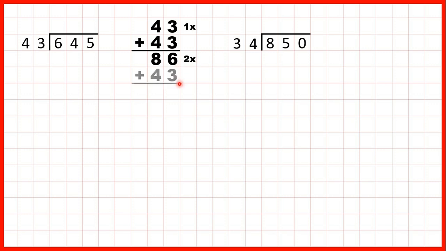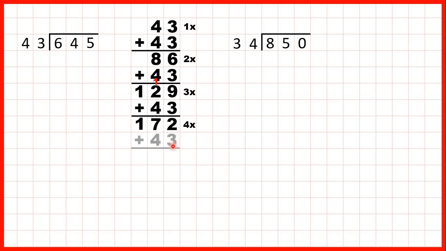43. Adding another 43 gives us 129 for 3 times. If we add another 43, 9 plus 3 is 12, so 1, 2, and I've written the 1 in red only so that it's easier for us to see. 1 plus 2 plus 4 is 7, 1 plus nothing is 1, so that means that 172 is 4 times